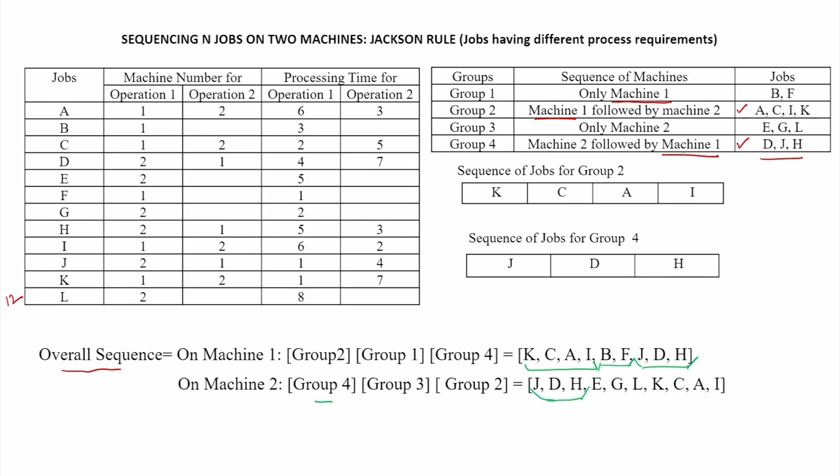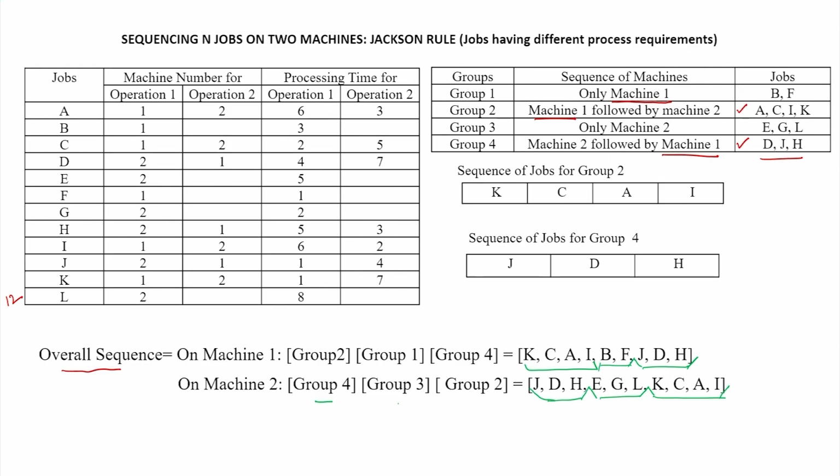Then we are taking group 3, which is independent, anytime they can be processed on machine 2. So, we are taking E, G and L as group 3 and then we are taking group 2. By this time they have been processed at machine 1 and now we can do it on machine 2, K C A I. So, this is how we are able to determine the optimal sequence for these 12 jobs